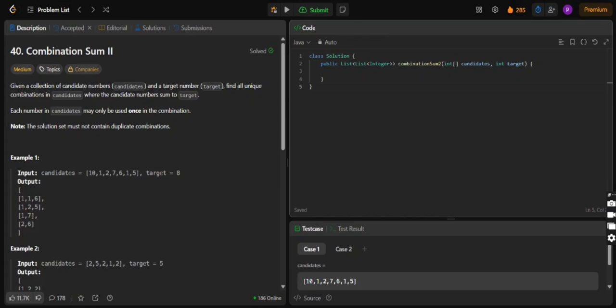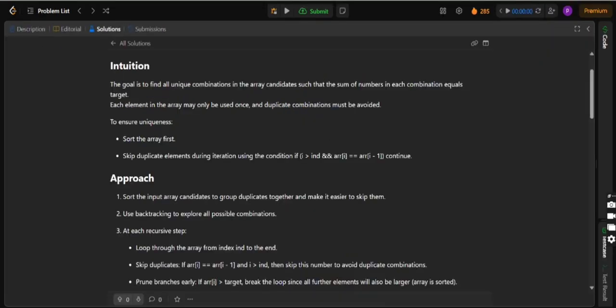Now let's move to the solution approach. Our goal is to find all unique combinations in the array candidates such that the sum of numbers in each combination equals the target. To ensure uniqueness, first we need to sort the array, and then skip duplicate elements during iteration using the condition: if i is greater than index and arr[i] is equal to arr[i-1], we continue, so we don't go through the element at index i.